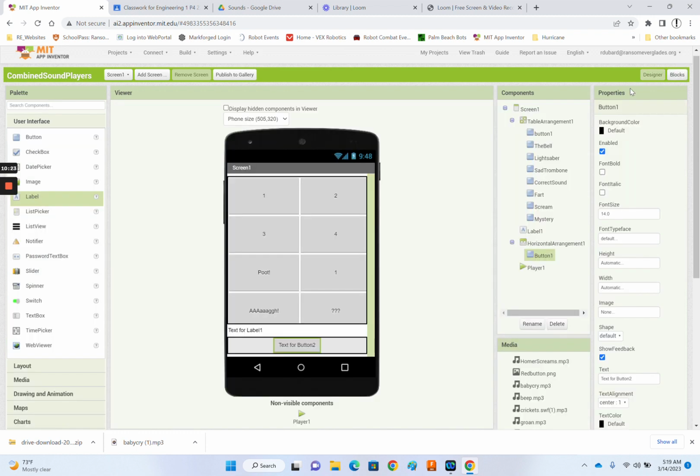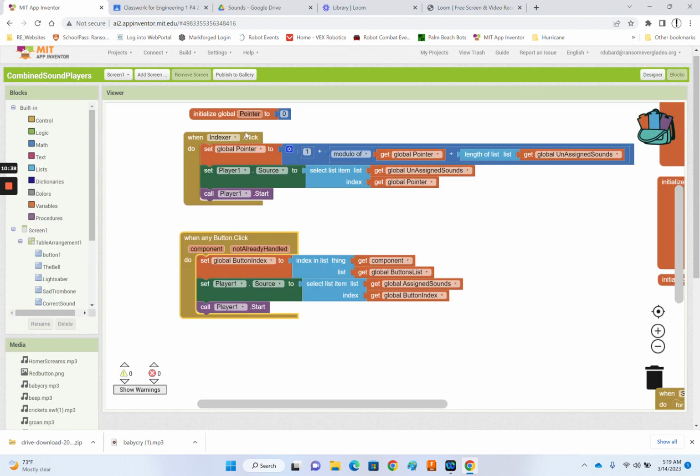So let's go to Designer, go to that button, rename it, and we're going to call this Indexer. And it's going to play through all the different sounds and say OK. So that's called Indexer now. Over here it says when Indexer is clicked. So we want this code to go in here, but we want it to, when we click any of the buttons, execute this if the button we clicked is the indexer, and this if it's literally